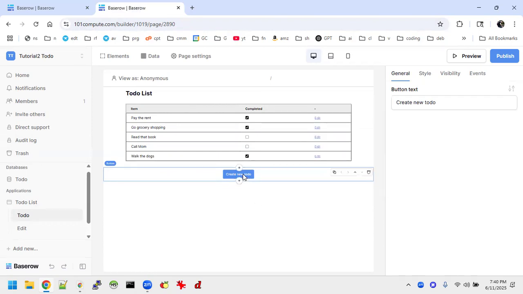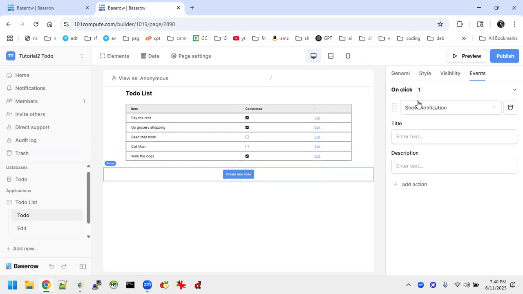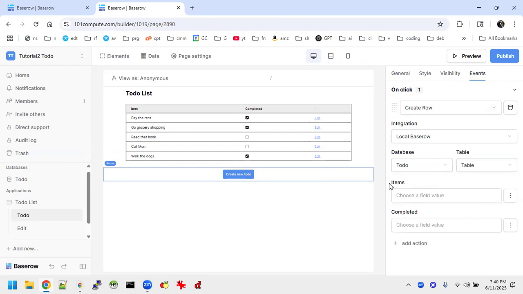We have a button here. When that button is clicked, we could go add action, and when that action happens, we want to create a row. So again, we select our data source, the table we want to use, and we can see the rows or the columns in that database. And we don't have to put any new item. We can just create a